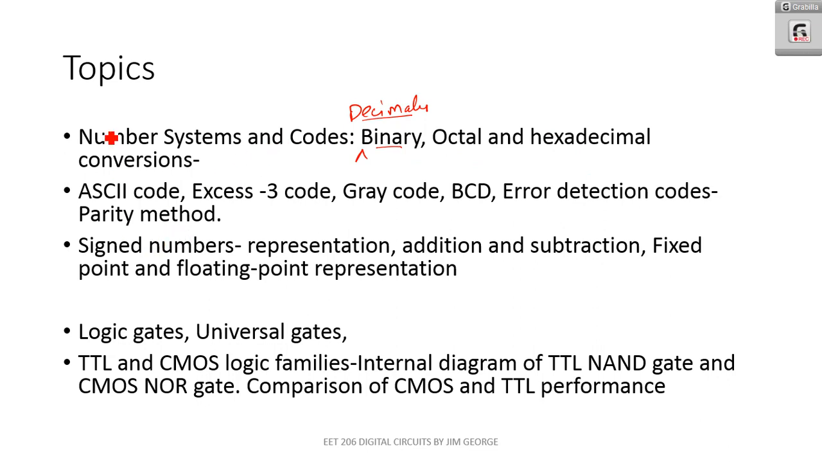Then we need to study about the different codes. The codes which are available are ASCII code, SS3 code, gray code, binary coded decimal, then error detecting codes. In error detecting codes we need to study only parity method. In parity method we have two parities. One is odd parity and second one is even parity. So we need to study about odd parity method as well as even parity method, how to check the error